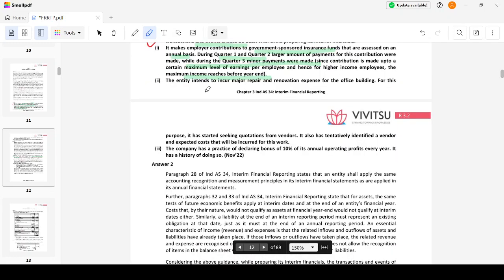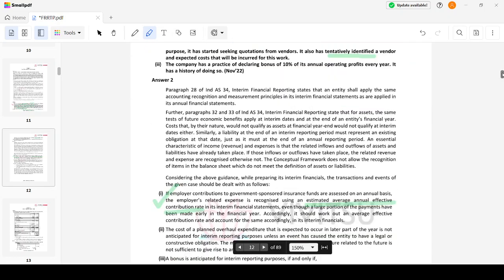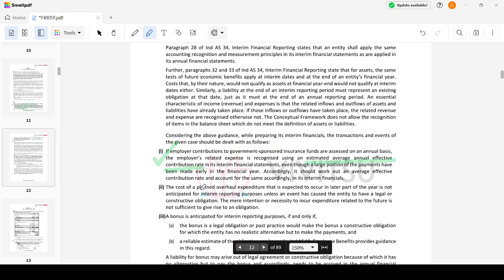Okay, the second question. The entity incurs a major repair and renovation expense of the office building. For this purpose, it has started seeking quotations from various vendors. It has also tentatively identified a vendor and expected cost that will be incurred for this work. See here, the cost of the planned overall expenditure that is expected to be incurred in the later part of the year is not anticipated,